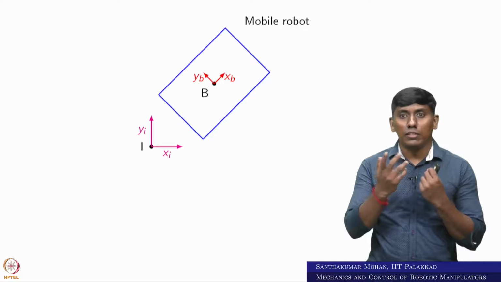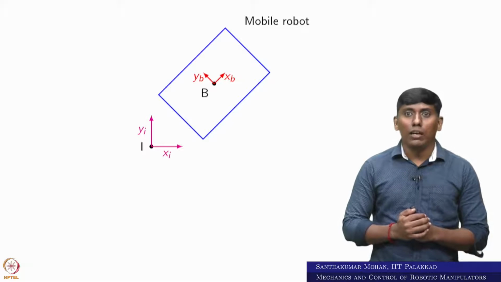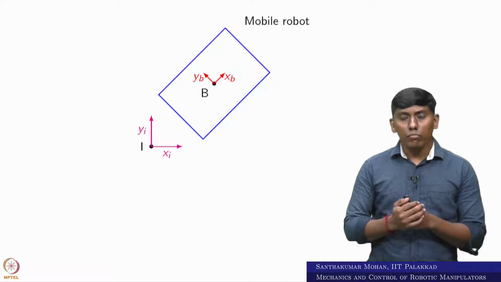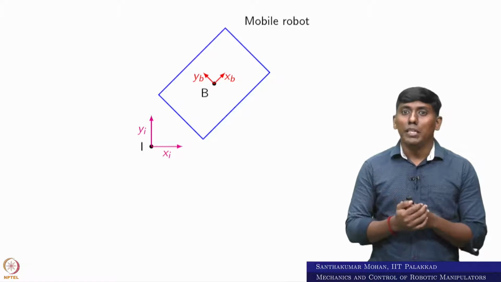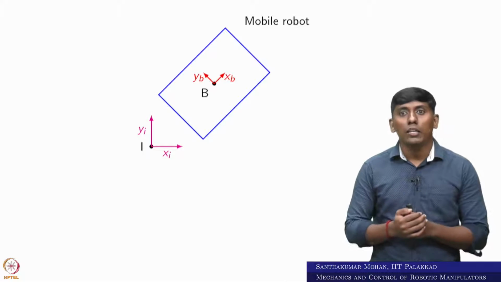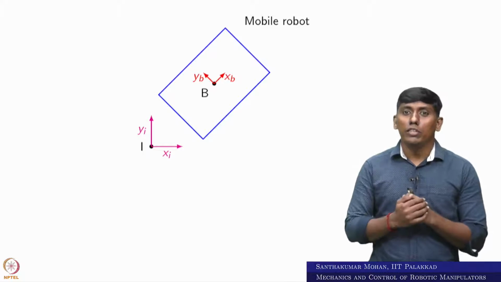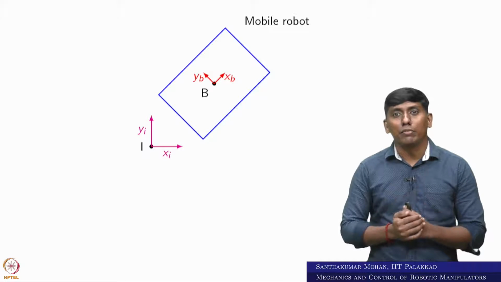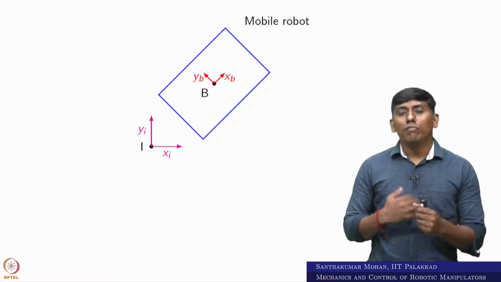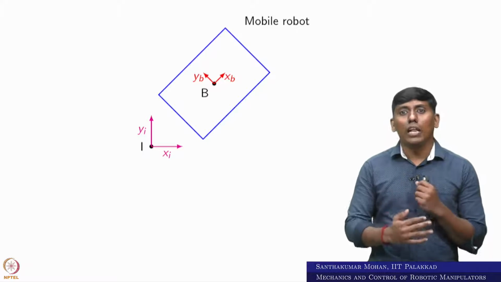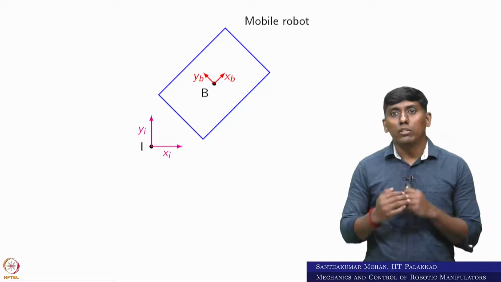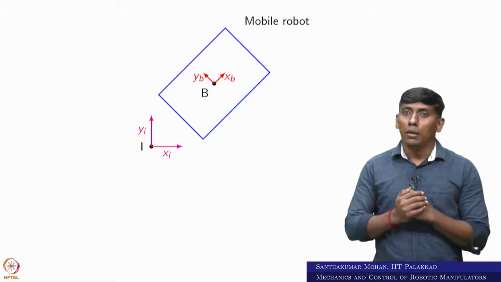Yes, we can do this in a simple spatial description manner, where we consider the rotation of B with respect to I, written as a rotation matrix, and the position vector of B with respect to I, and then we can come back with the transformation matrix and so on. But if that is the case, the derivation of what we have come up with here is not possible in the Denavit-Hartenberg sense, because that is straight away everything on a rigid body basis.